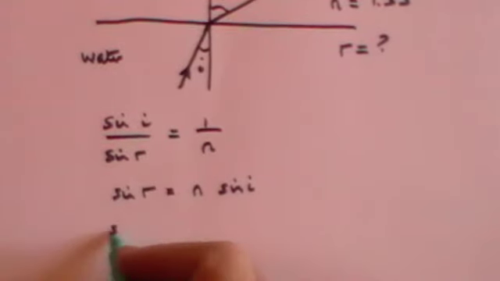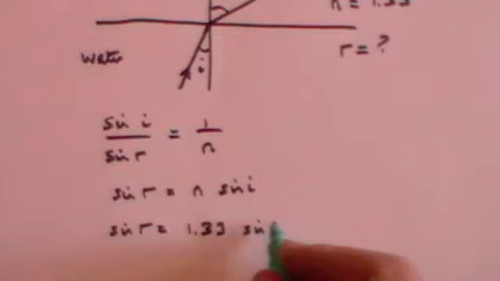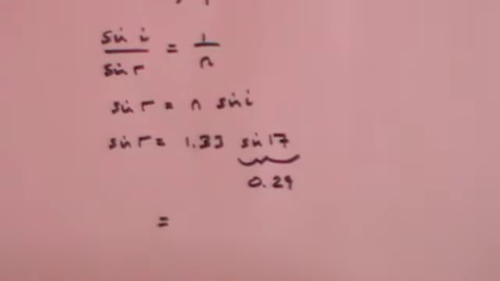So sine R is equal to n, which is 1.33, times the sine of 17. The sine of 17 happens to be 0.29. So you've got that the sine of R, the sine of the angle of refraction, is 1.33 times 0.29, which is